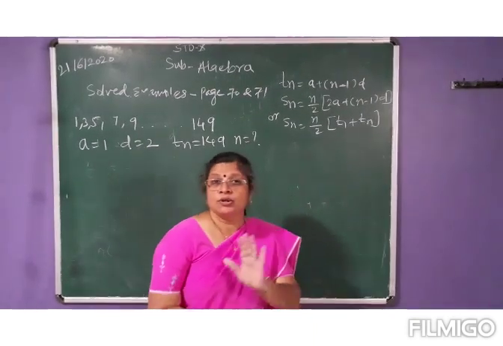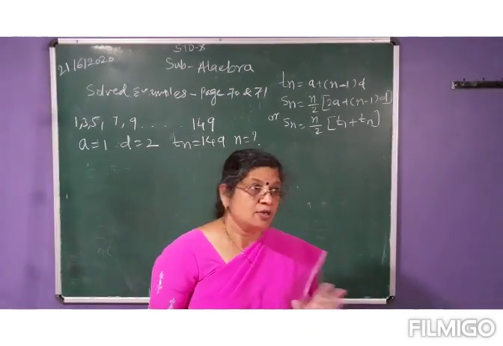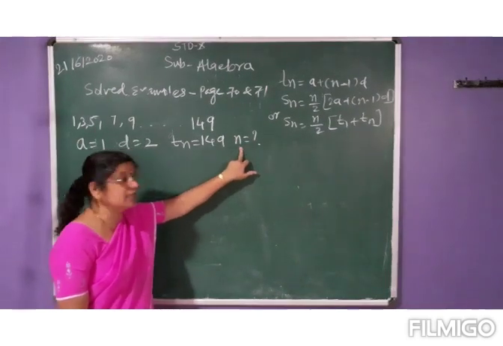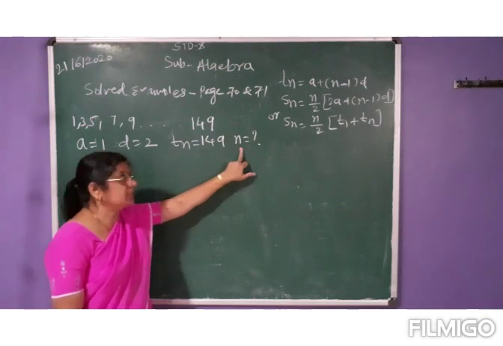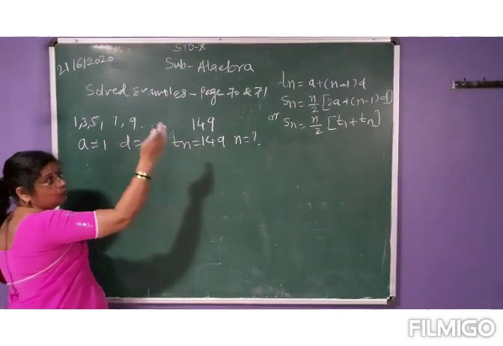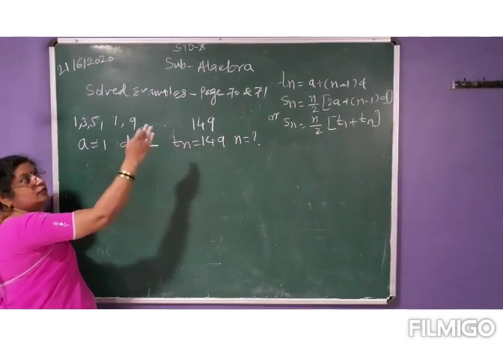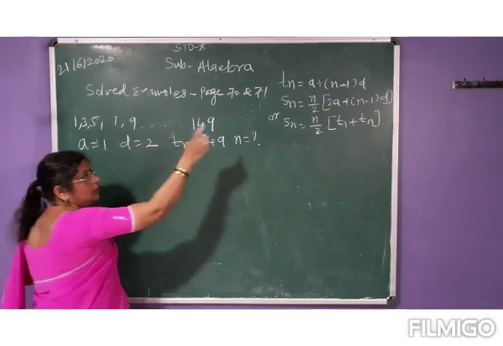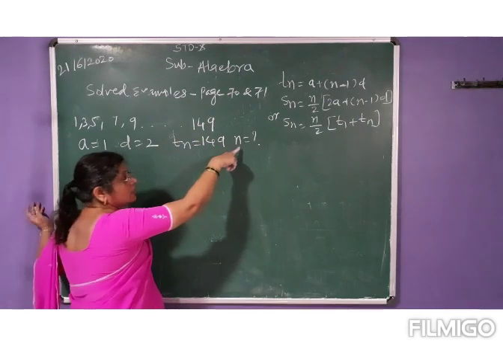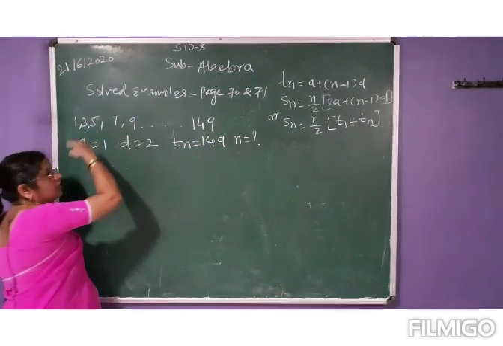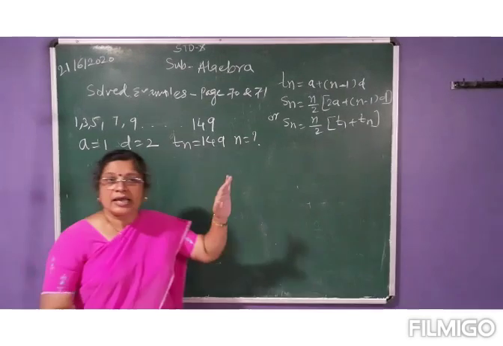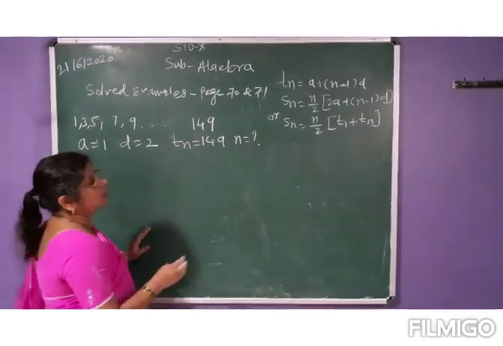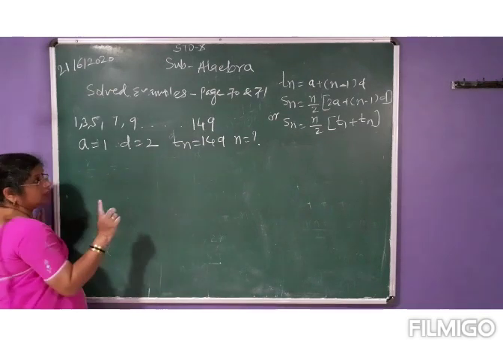So in this, you don't know how many terms are there. So first you have to find out how many terms, which are odd natural numbers, are there between 1 to 150. For that you will first use the Tn formula. By using the Tn formula you have to find the value of n. Once you know the value of n, you can find the sum of n odd numbers from 1 to 150. That's why I told you, you should know what is given in the question.